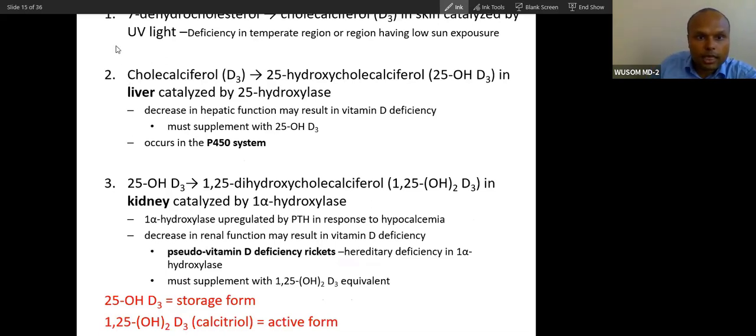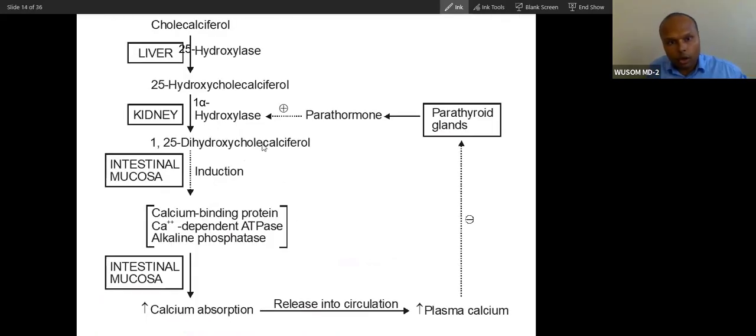So these are the forms of vitamin D: 25 hydroxylase and 1-alpha hydroxylase, which is the rate limiting enzyme of vitamin D synthesis. The enzyme that is present in the kidney is a regulatory enzyme. 1-alpha hydroxylase is the regulatory enzyme. It is activated by parathormone. Remember this. The third step, the last step, is the regulatory step: 1-alpha hydroxylase.